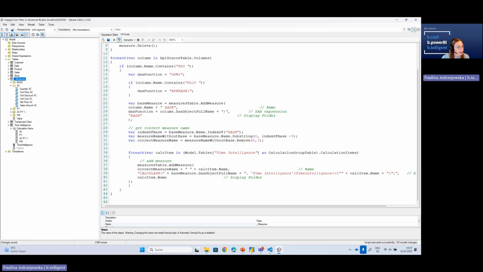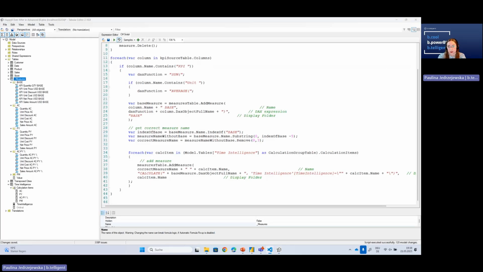So we have the AC, we have the PY, we have the AC minus PY, and we have the base measures with the quantity and stuff like that. So this is the next step. Now what we can also do, we can hide the base measures because we don't need them. So for that, we can also use a code snippet,